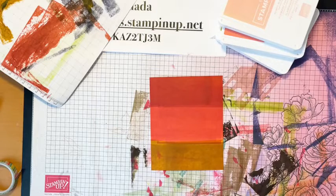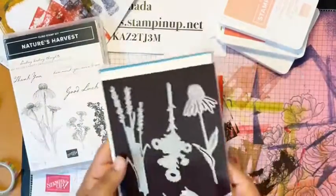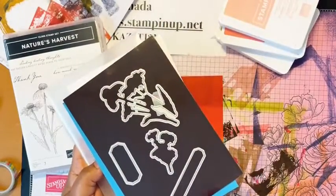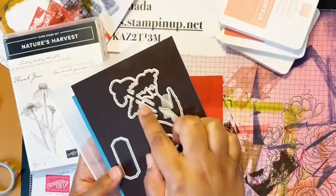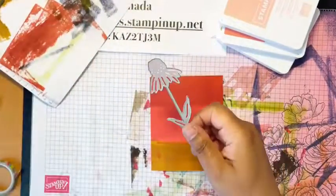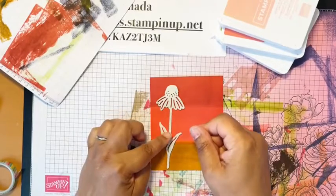Okay, so for this one, we're going to use the Nature's Harvest. That one has a whole pile of dies. It has these ones and it has these ones as well. So I'll show you one that I did with this, but I'll show you the same technique in another one as well. I'm going to take just this simple little die here, and I'm going to die cut